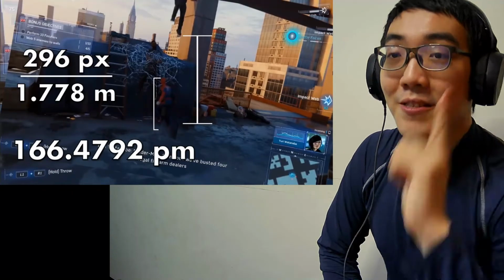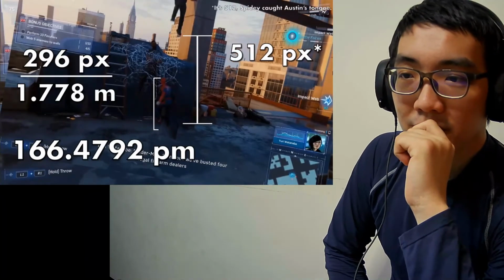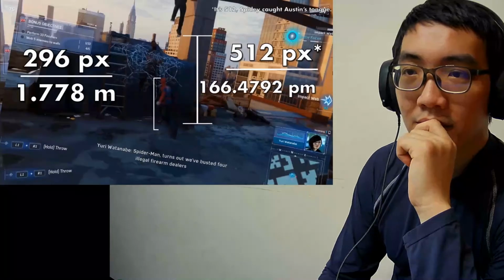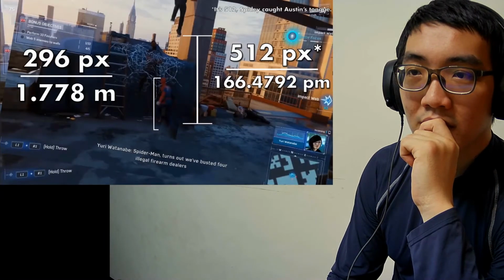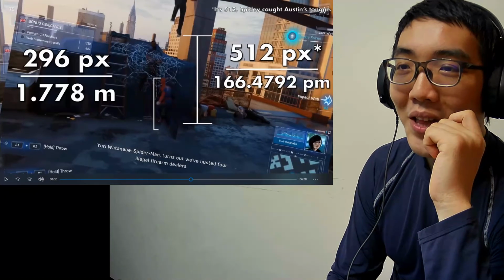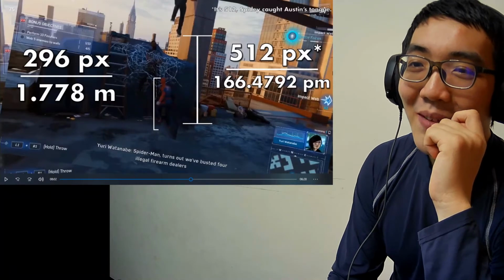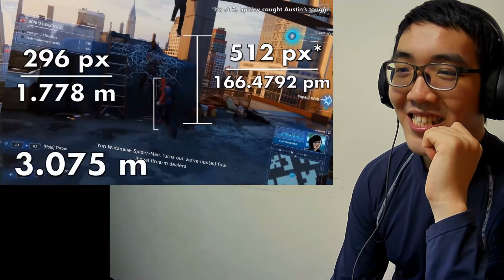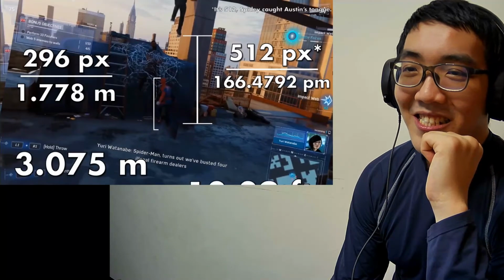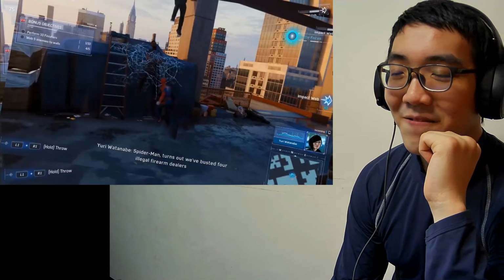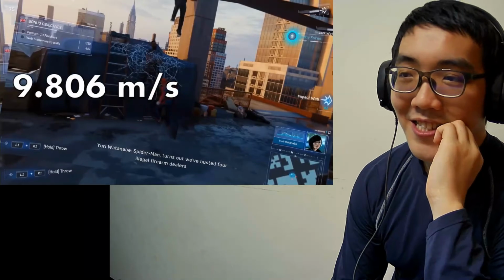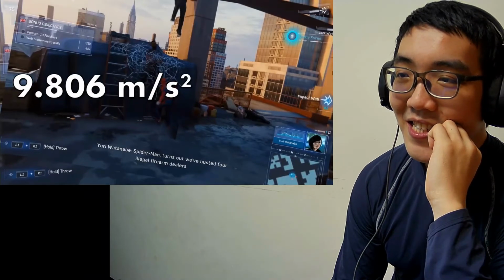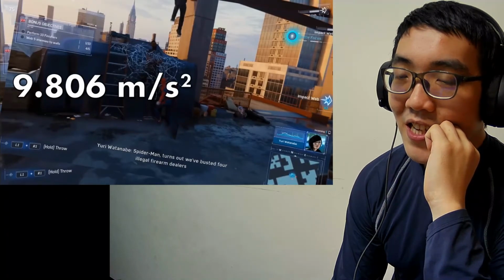We measure the distance between those two lines to get 52 pixels, which we divide by our pixel-to-meter ratio, which will give us the height in meters. It's 3.075 meters, or over 10 feet in the air, for this poor mook who was punched by Spidey. Given that a constant downward acceleration of 9.806 meters per second squared is affecting him as he travels upward, his travel...